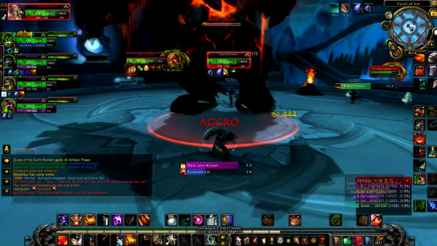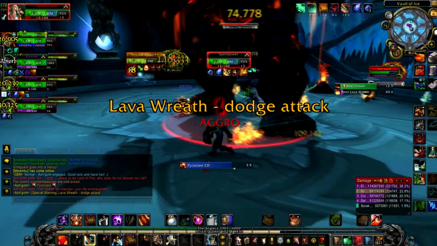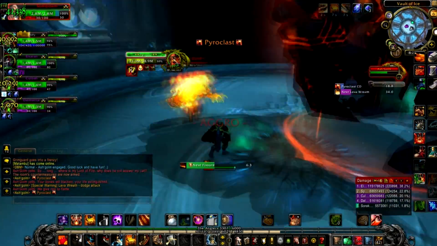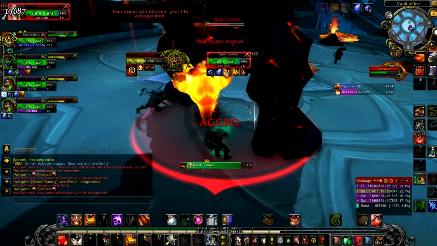At a certain point, he spawns rotating pools of fire. If someone stands in them, they do get a debuff. It is dispellable, but it also does a lot of damage. So you do see here one of the ads. At first it was a vortex on the ground. You want to avoid that, and over on the right hand